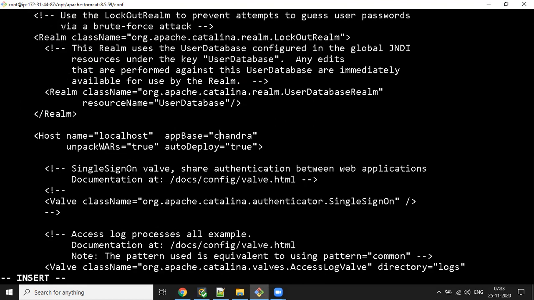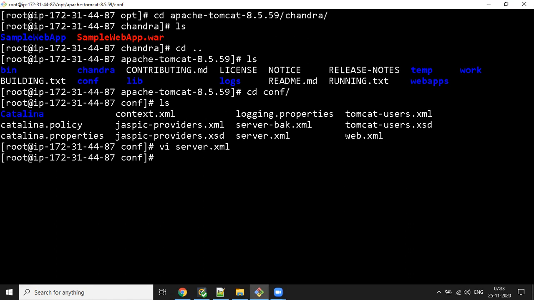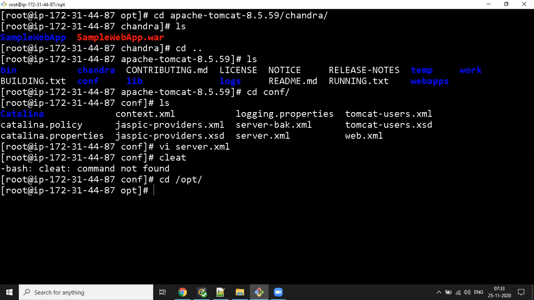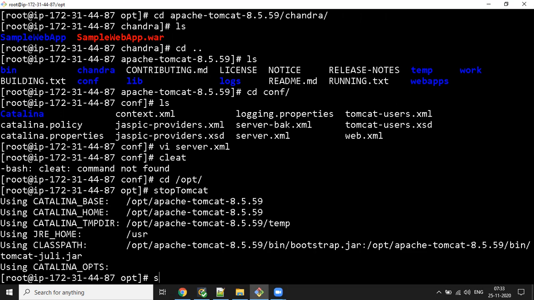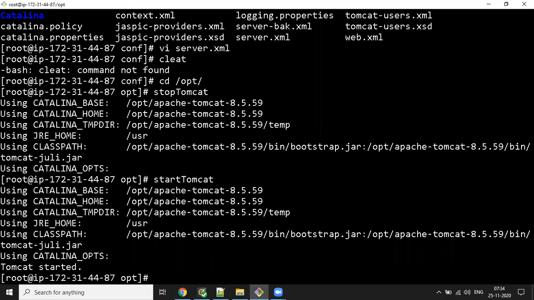I'm changing it to the webapps folder default again. Webapps. Press escape, :wq. It saves. We can stop Tomcat. cd opt directory. Stop Tomcat and then start Tomcat. It is started.